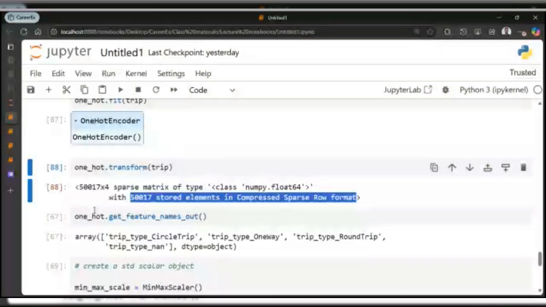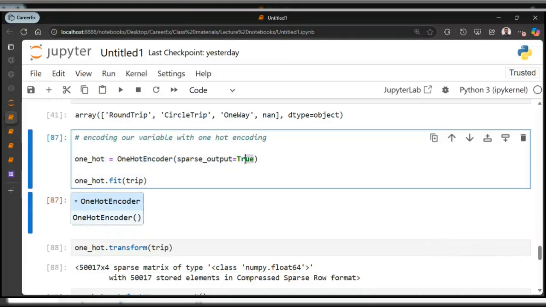So it's basically an efficient way to store those kinds of matrices, right? 0 and 1, 0 and 1, 0 and 1, 0 and 1. That's because we enabled true here. We set our sparse output value to be true, which is actually the default. But if we change it to false, you are telling Python, okay, I don't want you to store this in an efficient way. Just give me the value, store it exactly as it is. That is what sparse output equal false means.